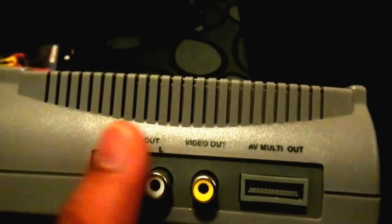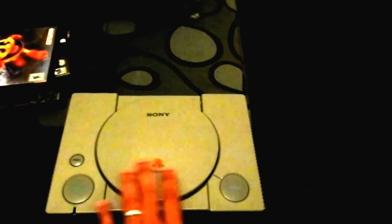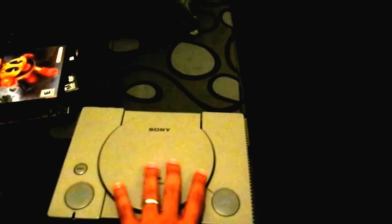I went ahead and just used regular RCA jacks, and composite will do fine. I don't have S-video anyway. How this works is, I'll eat one of these tanks over here. Good old PS1. I need to do a PS1 video, but I don't have much to talk about. I had this one for years, a long time. This is a 5000 series,